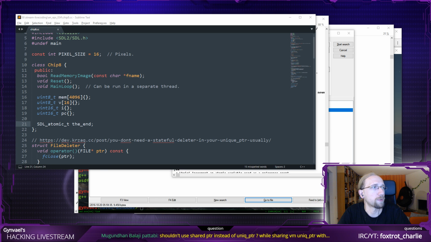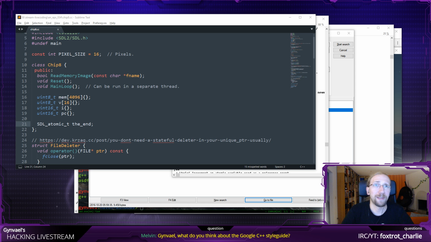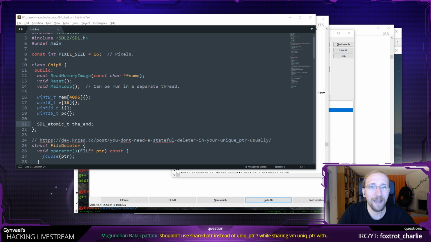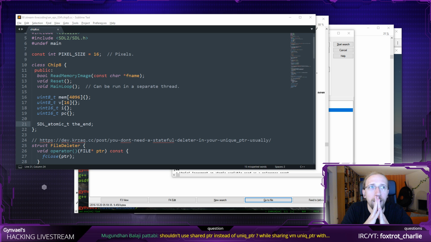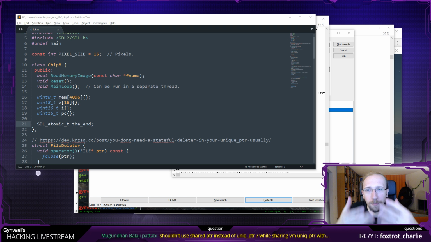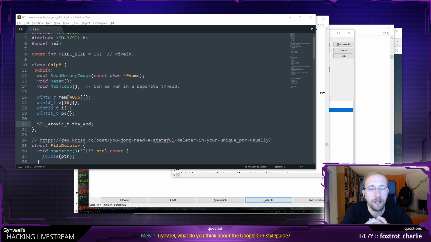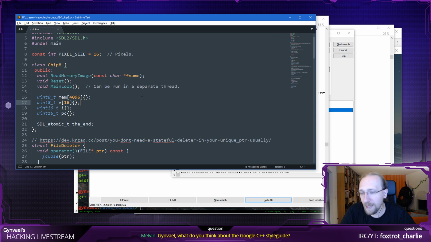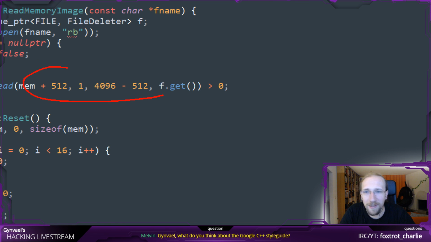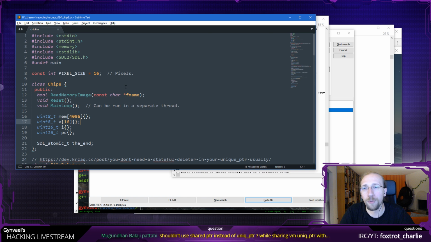There are some questions. What do I think about the Google C++ style guide? Well, I use it daily, so I'm quite used to it. I don't mind. I know that some people say that, oh, it doesn't allow you to use these features or the other feature. I think it's fine. I also like the fact that it actually limits the amount of, for example, pointer arithmetic, where pointer arithmetic is not a thing you should be using in modern C++, right? So yeah, I guess this is somewhat acceptable, but not really. There are safer ways to do it.